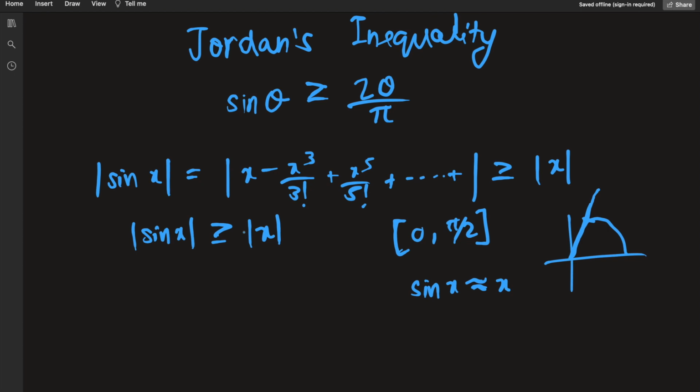That's why we just don't take an x, we take x and a factor that's less than 1. 2 over pi is less than 1. So then that's how we make the slope lower, and then we are under the sine, not glancing it or just touching it. As I said, I want to show this fact graphically.